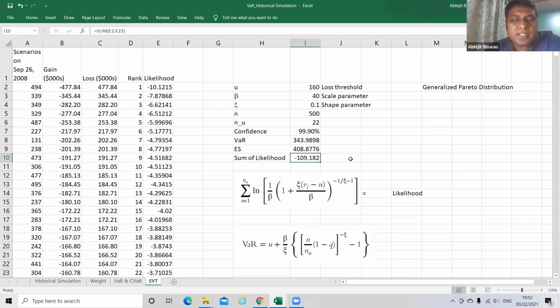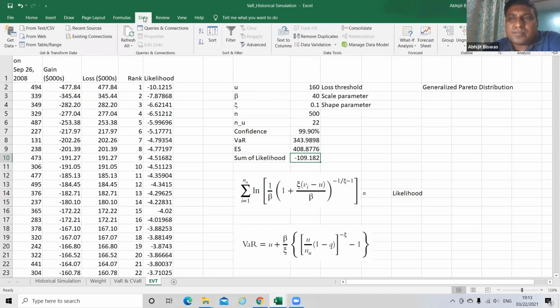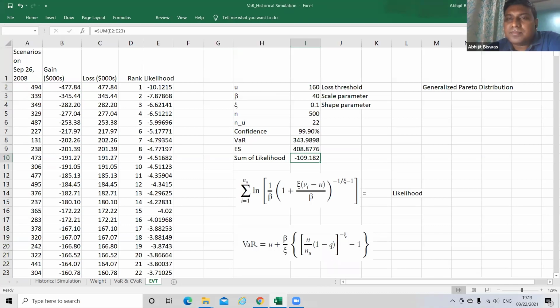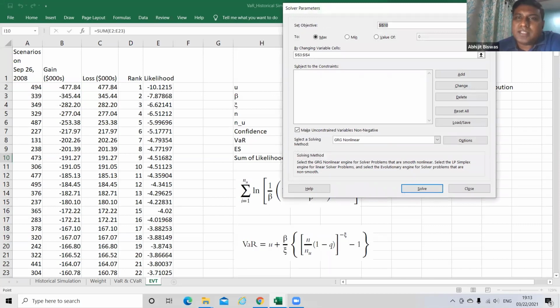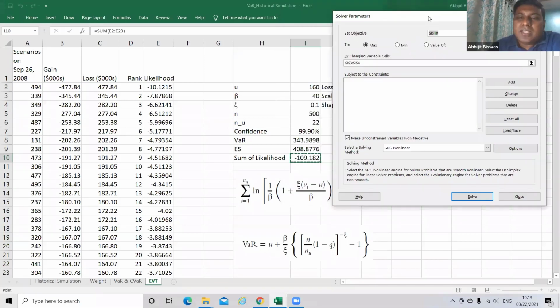Select on this, and then after selecting, go to Data, then from Data, go to Solver. I want to maximize this sum.